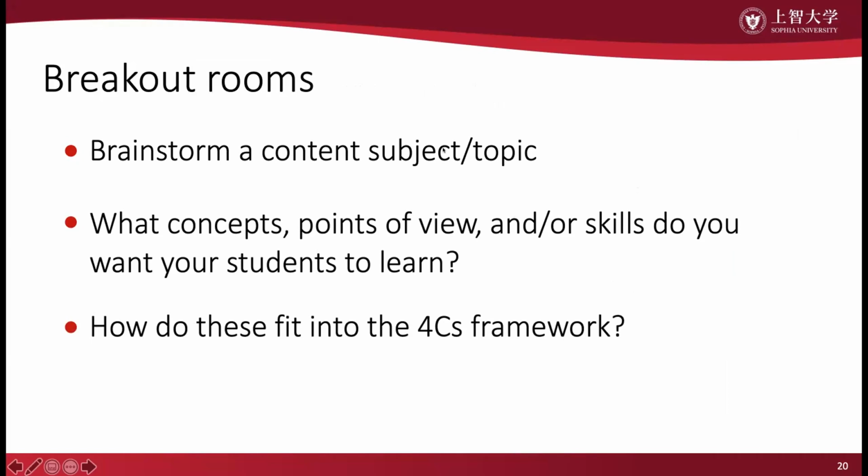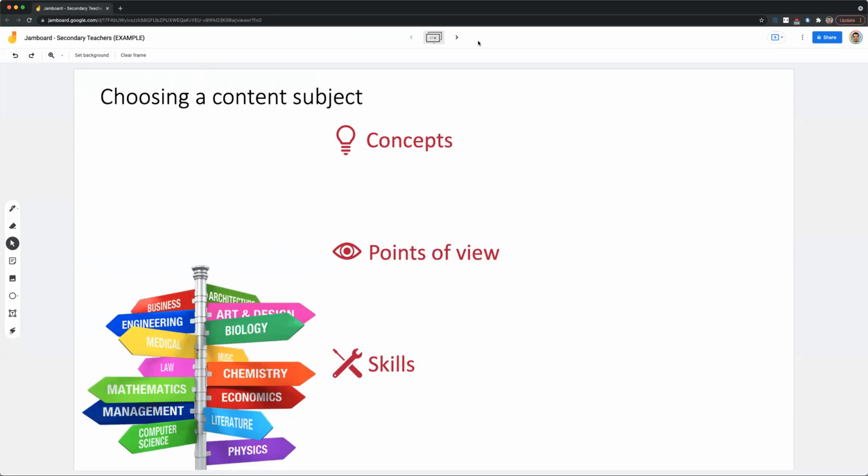And I made a Google Jamboard available for each breakout room. So if you've never used Google Jamboard before, I'll briefly show how that works. Let me share my screen here. And I'll send the link for this in just a moment. But this is what the Google Jamboard looks like. As you can see, you have some tools on the left-hand side here.